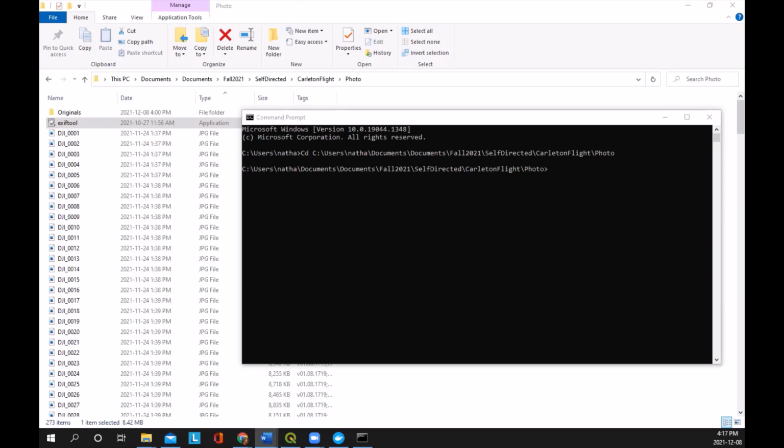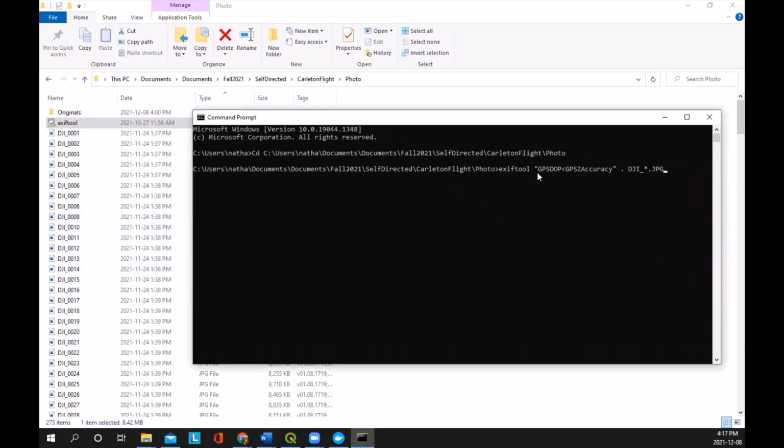So what I'm gonna do is I'm going to use this code here. So what this does is it's running the ExifTool. It's setting the GPS DOP to the GPS Z accuracy. So this could be a fixed number, but in our case it changes. So what we're going to do is we're going to do all the images at the same time using the